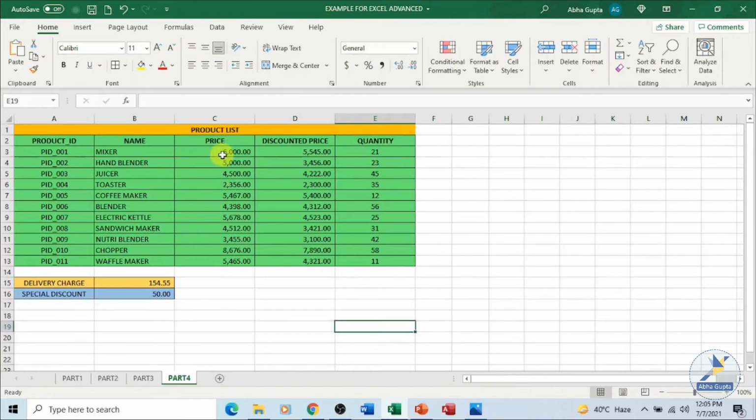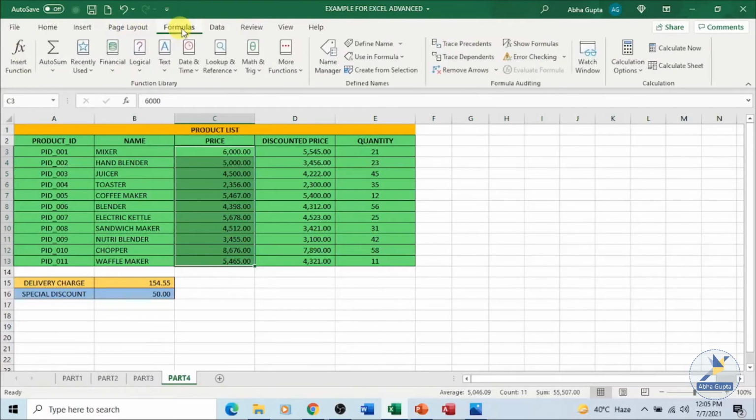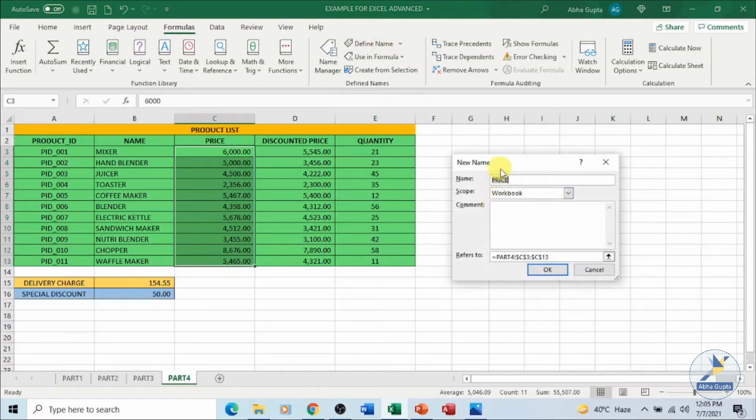Let us now define a name for a range. Say this price is over here. I want to define a name for this particular range. Make a selection, go to your formulas tab and click on define name. The same dialog box will open where you will be asked to give a name. By default, whatever column you have selected, the topmost is being given as a name for you. You can always change it. Scope, whether you want it to be available in this workbook or any other workbook, you can give a comment, plus the range which you have selected.